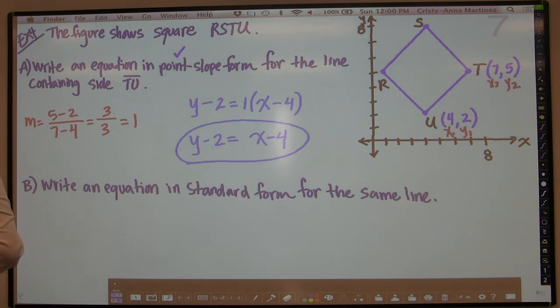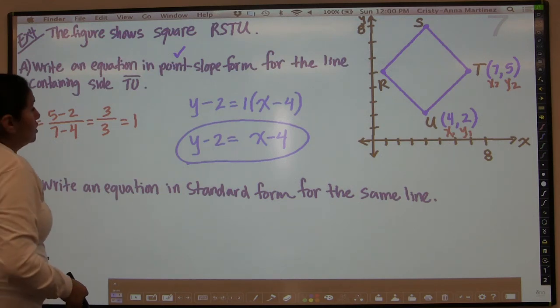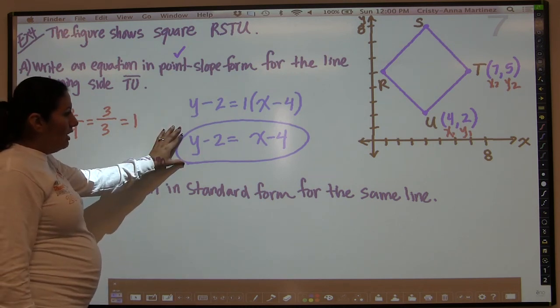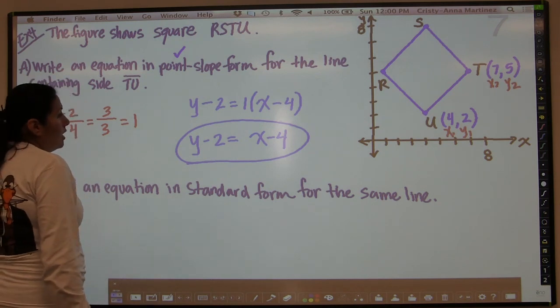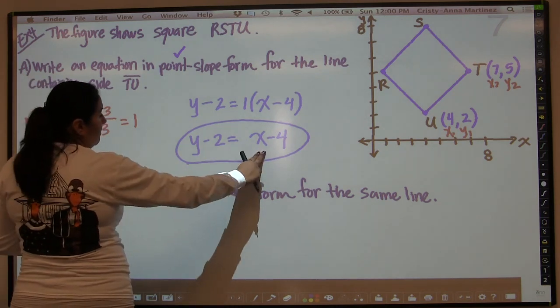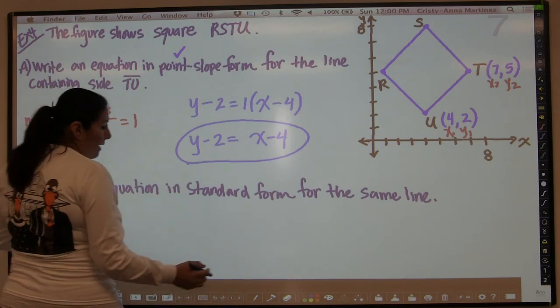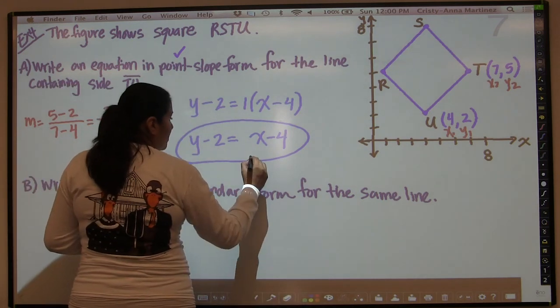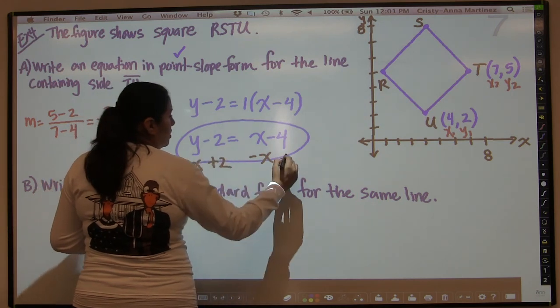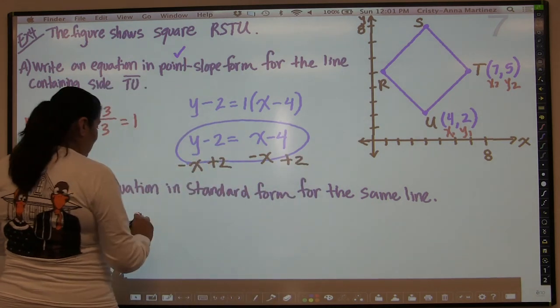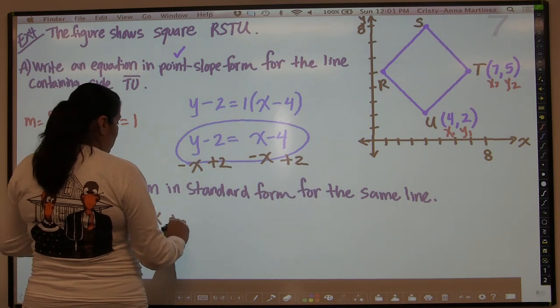Now, it also wants us to go ahead and in part B, write an equation in standard form for the same line. So we already have this, so all I need to do now is transform this into standard form. And so remember with standard form, you want the x and the y on the same side. So in order to do that, I'm going to subtract the x over here, I'm going to add the 2 over here, and I'm going to get negative x plus y